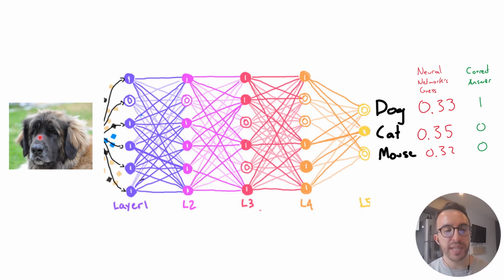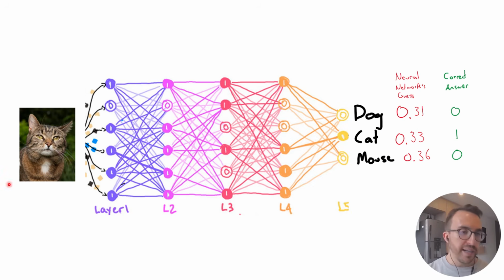So just to recap, we take our training example, we pass it through the network, we see its predictions, we compare it to the right answer, we compute a number that says how wrong it is, and then for each weight in the network, we tweak that weight slightly just to make the prediction a little bit better. Such that after that weight update, if we were to pass this example through the network again, the predictions wouldn't be right yet, but they would be better. So maybe cat would go down to 33% and dog would go up to 35%, which is a little bit better than the original prediction when we had random weight values.